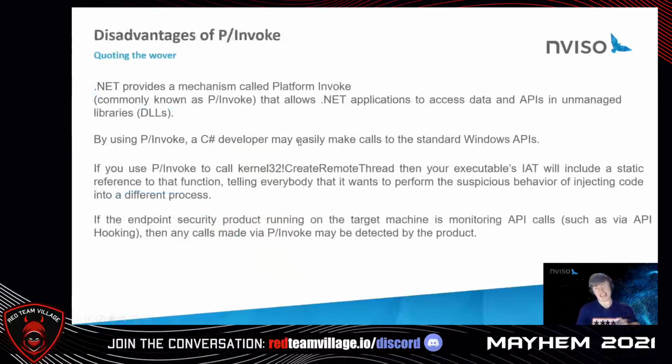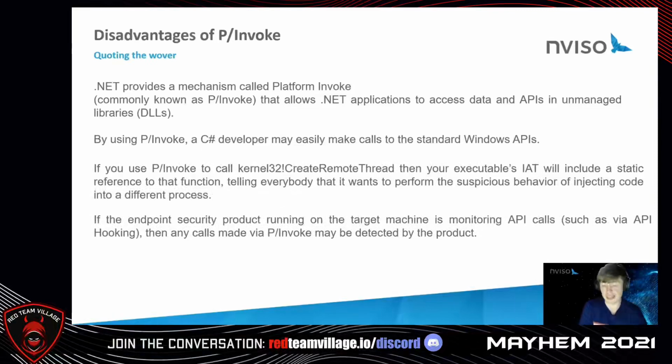And here is where it gets interesting, because here is where D/Invokes start to shine. So .NET provides a mechanism called platform invoke or P/Invoke, that's the term that I already mentioned during the talk, that allows .NET applications to access data and APIs in unmanaged libraries or DLLs. So that's the common way of doing things. That's how most developers do that. So they actually use P/Invoke in order to include DLLs into their C# code, so they can use those API